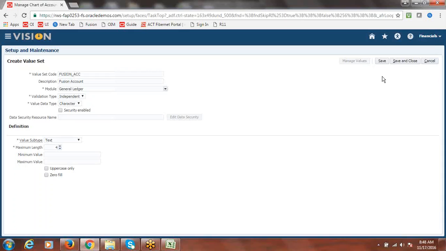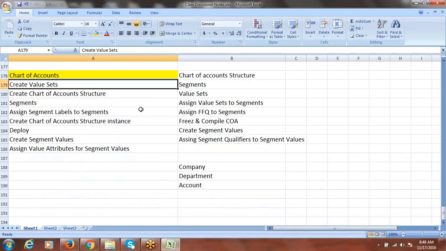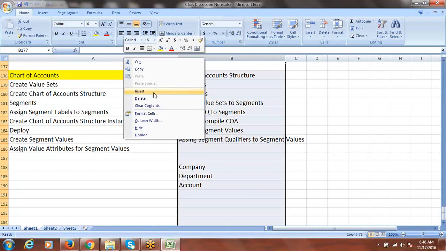So I've given this basic information, then say save and close. Okay, we're done with the value set creation. I'll be marking the status from here.